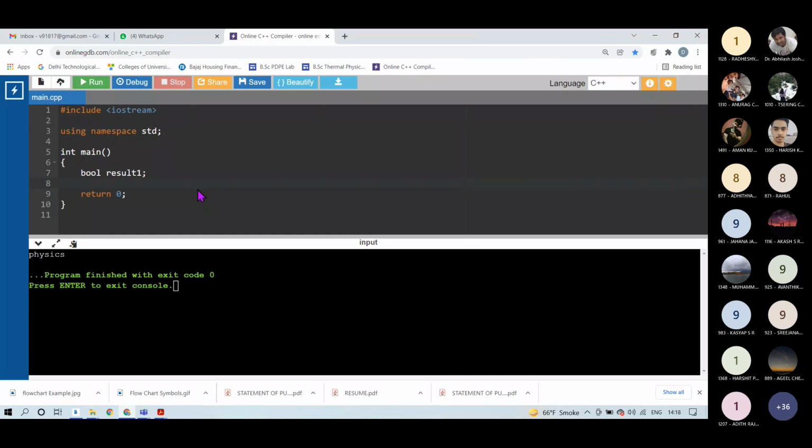Please mute yourself if you are not talking. So let's say this result1 is equal to 3 equal to 5, right? Can you tell me what I mean by this equal to sign?